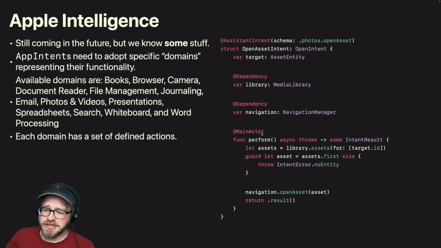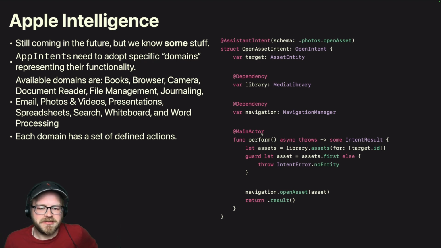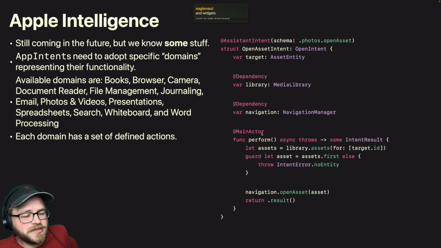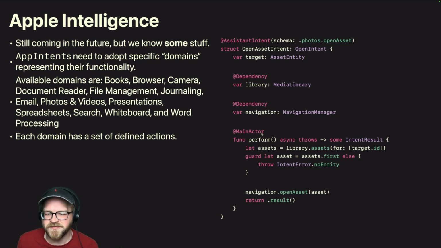And you have Apple Intelligence. This is the new Siri functionality that Apple's very much been hyping that is coming soon. Still coming in the future, but there is some stuff. I mean, shortcuts is a great thing to learn, but yeah, there's so many more things. And then Apple Intelligence, I think, is going to be a big one where you're just going to be able to ask Siri to do this stuff for you. You don't need to build your shortcuts. Just be like, here's the thing. Still coming in the future, but Apple has started to explain how we're going to do it.